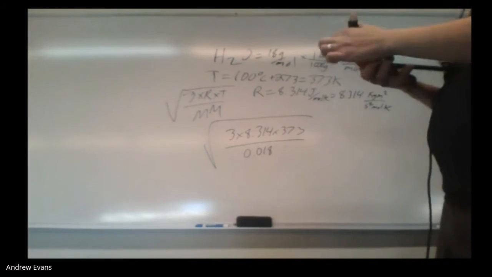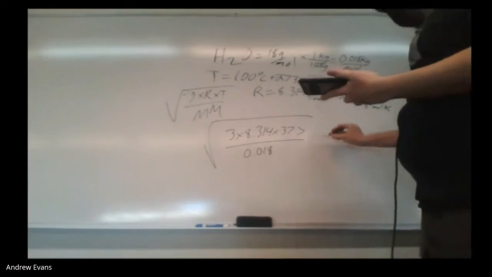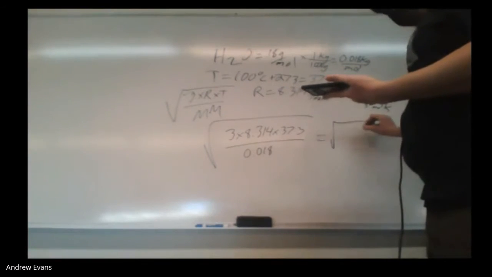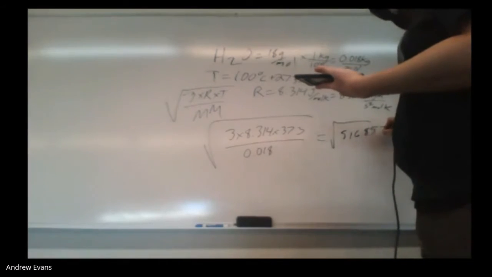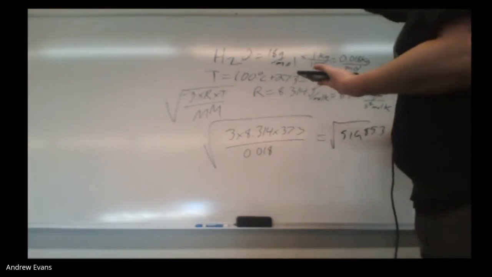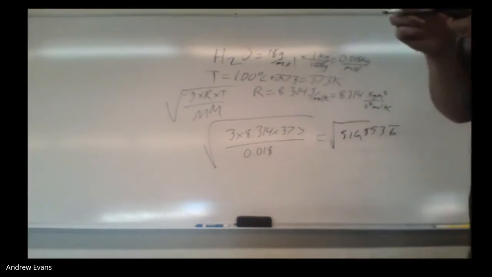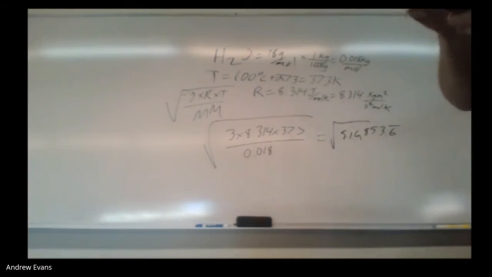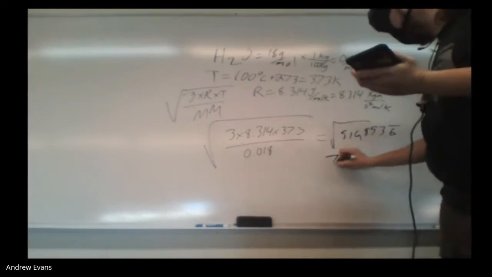And this is a big number. That is fine. It's a big number. We are talking about speeds of gases. Square root of 516,853.6 repeating. Now I'm going to square root that guy. So, sorry, raise that to the power of one half, the square root. You square root that, you get